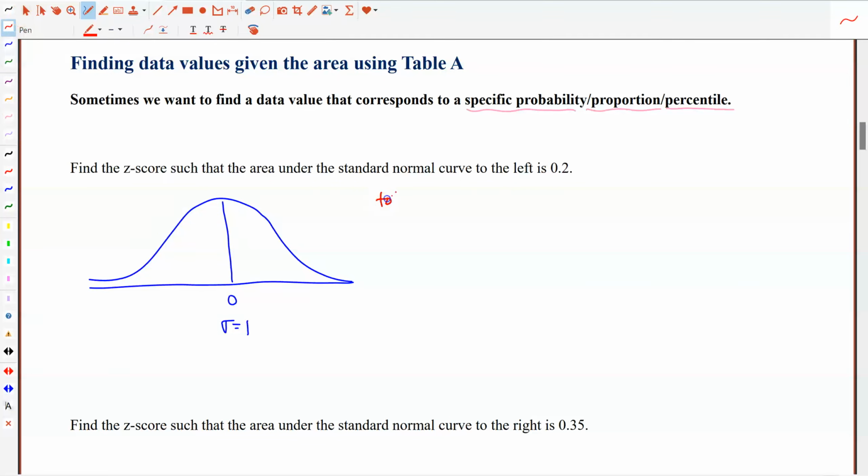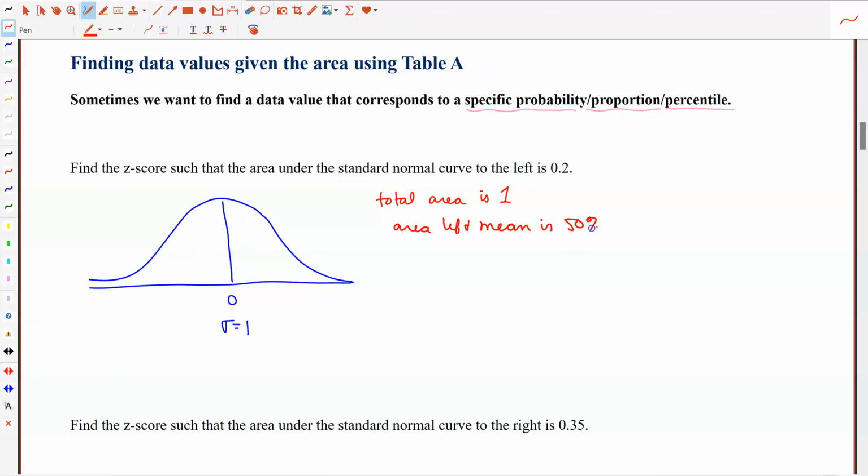So it's helpful to remember a couple of these things when you go to mark your curve. If the total area under the curve is 1, with relationship to my mean, which is going to be halfway through my curve, the area to the left of the mean